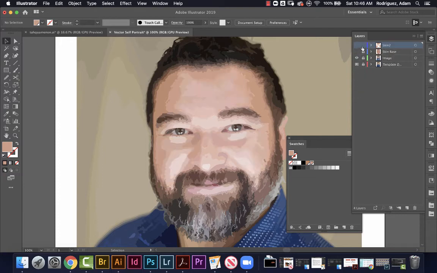But then turn them off here and lock our Skin 2 and create a new layer. And an important thing of what I'm doing here is being really organized about my layers and sub layers, because this can get really complex really quickly if you're not. Okay, so Skin 3,